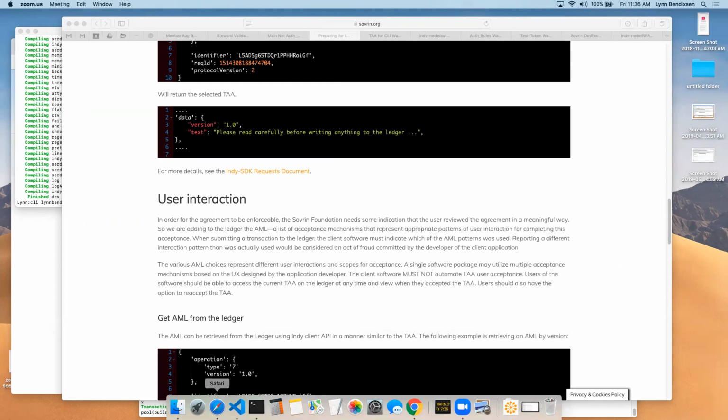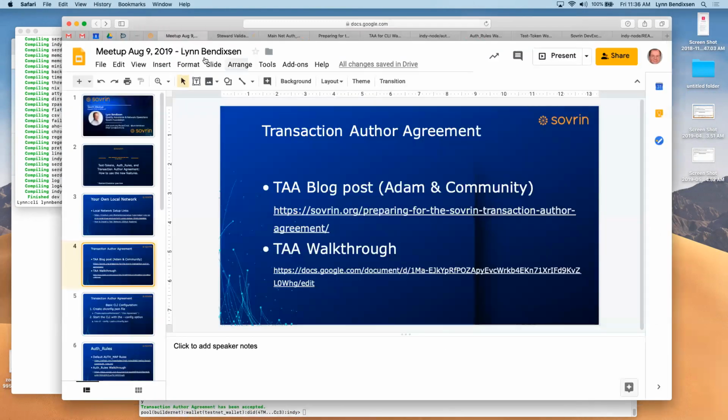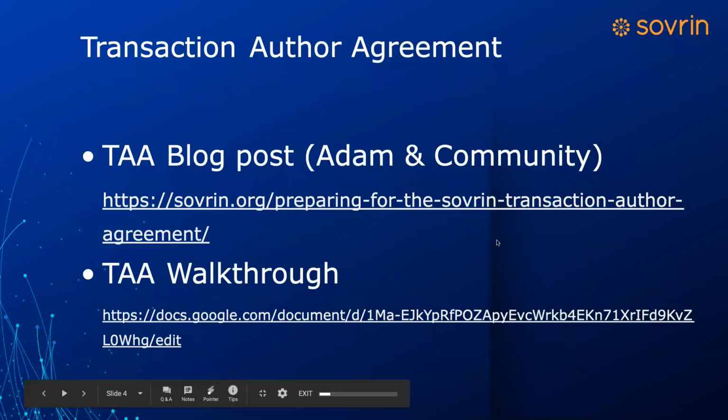And what happens if you accept the old one but don't accept the new one? If you accept the old one, the ledger will see that and say you're accepting the wrong one. Well, no, but I mean, you did that in the past. Yeah, so old transactions can be accepted with whatever agreement was current at the time they were accepted. Try to submit a new transaction or an update to an existing data object on the ledger without using the current transaction author agreement, and they would reject that transaction.